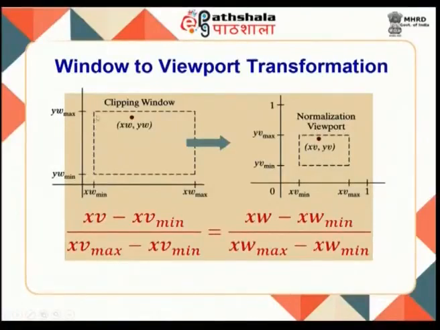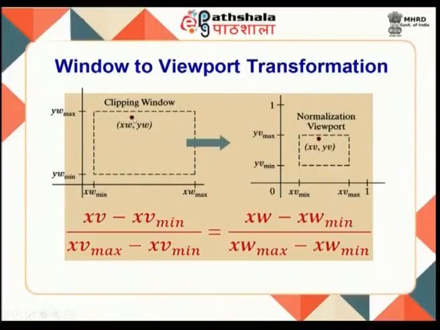From the left position, at what distance is this point along the horizontal direction, or along the x direction? What is the distance of the point? So, XW minus XW min will be the distance of this point from the left boundary, that is the offset of this point from the left boundary. What is that? XW minus XW min.